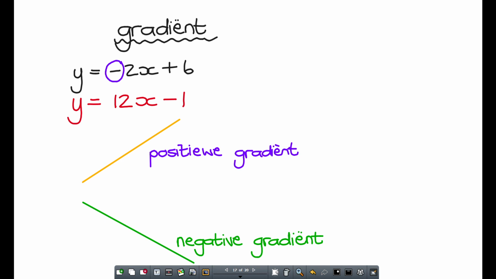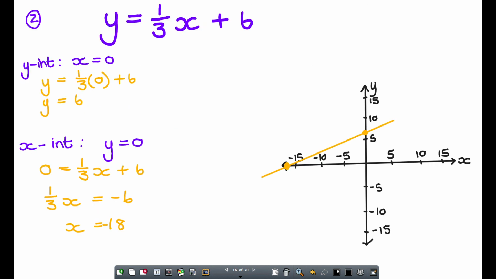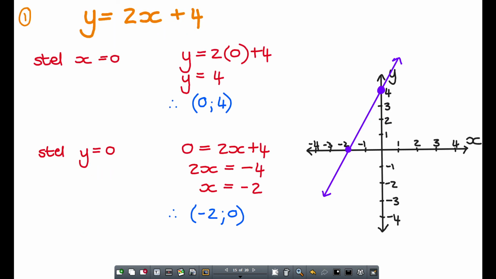Kyk gou. Hier kan ek sien, what's that gradient? Positive or negative? Positive. And look at the way that this line was drawn. Kyk na die rigting. Kan jy sien, positiewe gradient? Okay, the previous one. Again, positive gradient. And if you look at this line,